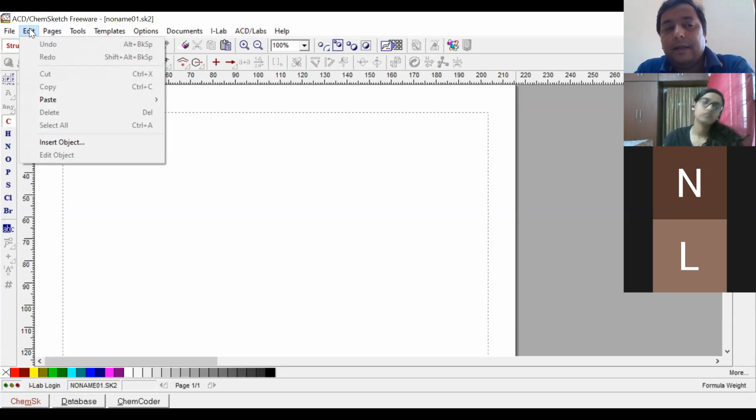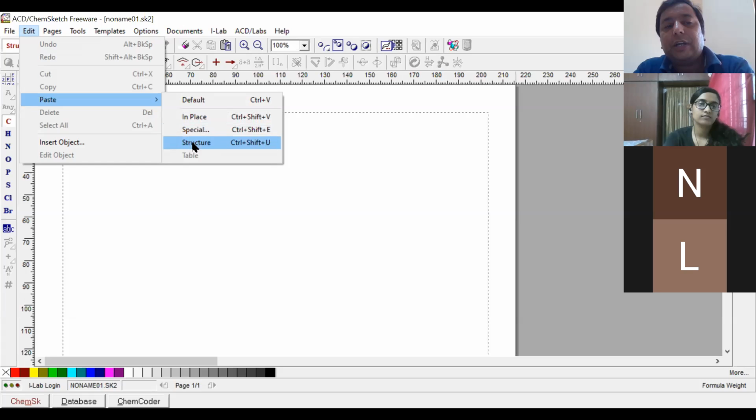So now you go to Paste Structure, because in the ISIS interface we have already copied. Now here we have to paste the structure in the ChemSketch interface.